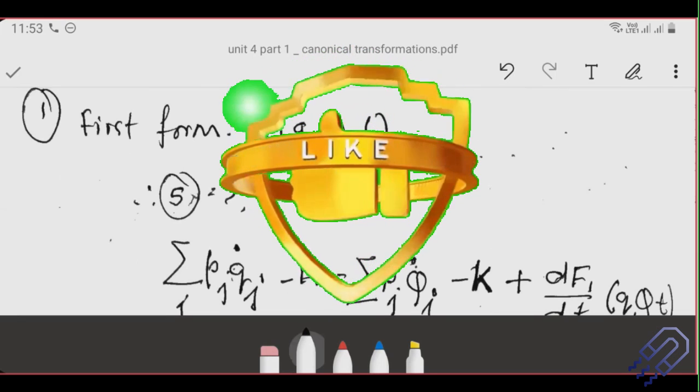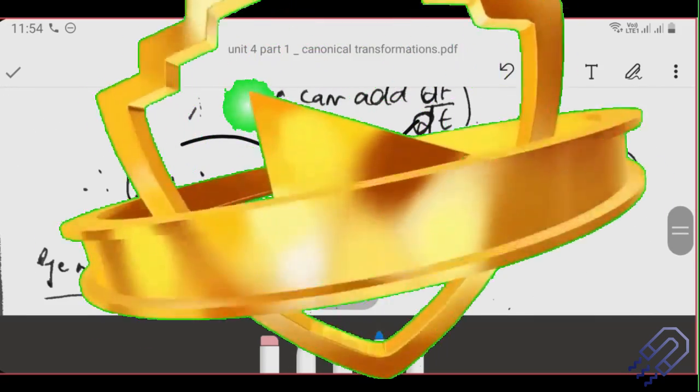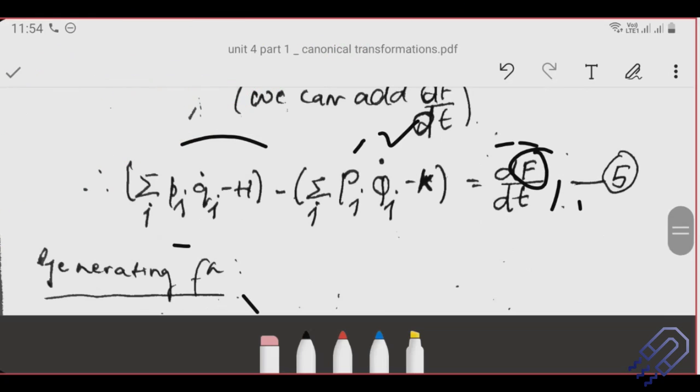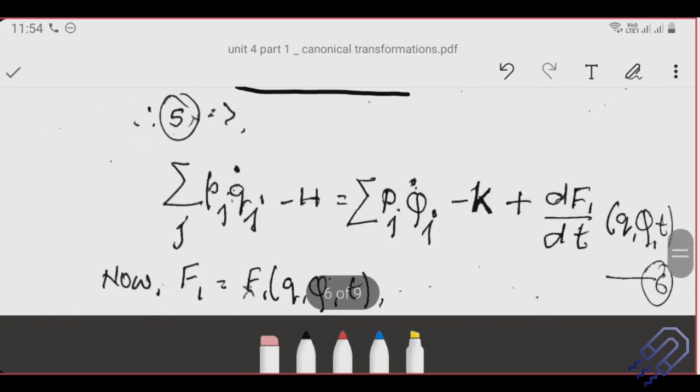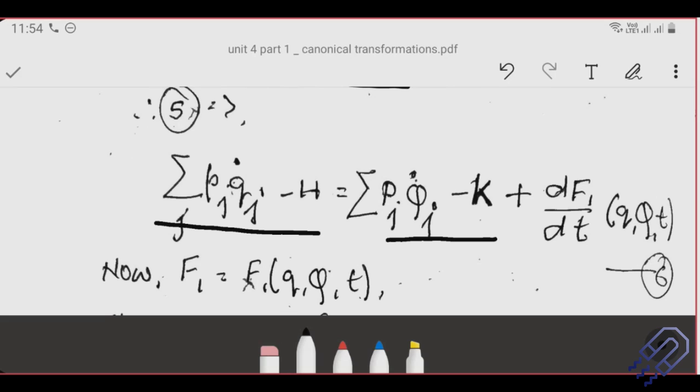So if you look into equation 5, what is our equation 5 here? Let me just go back. So this is your equation 5. If you look into equation 5, and if you say that it's a function of small q, capital Q, and t, we can easily differentiate it. Let's see how we can do it. So we can write down this particular equation as summation pj qj dot minus H. We'll take the new set of coordinates on the other side, Pj Qj dot minus K plus df1 dt